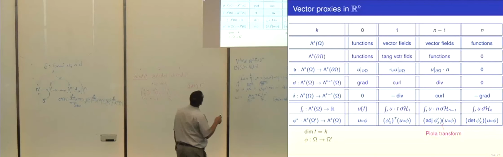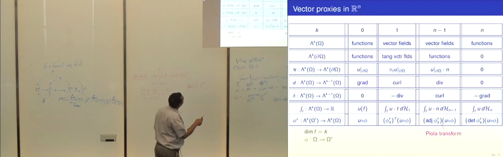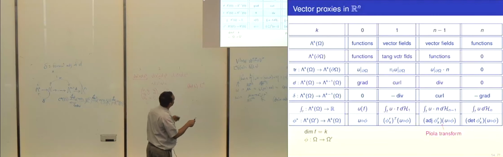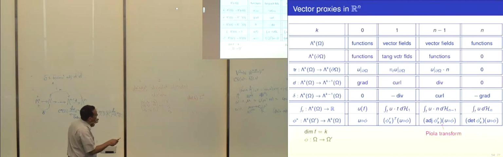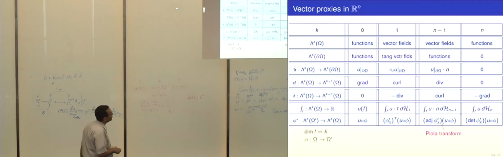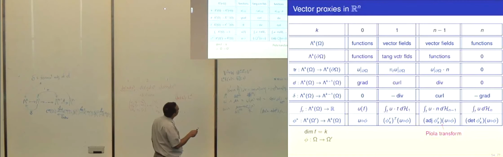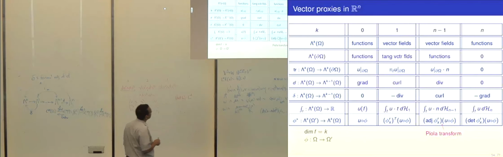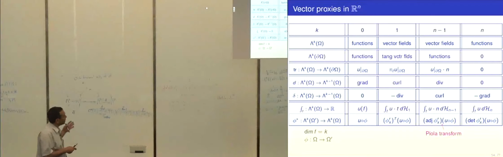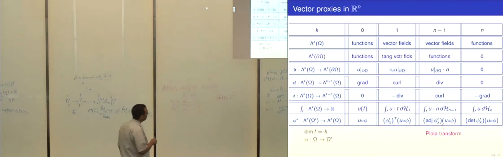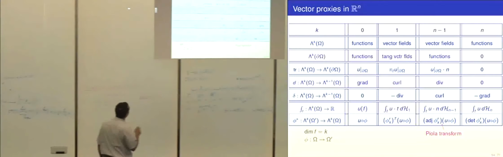The trace operator takes a function to its restriction on the boundary, which is a function. It takes a vector field, and it has to give us a tangential vector field. It's the tangential projection, the orthogonal projection in the tangent direction, onto the tangent plane to the boundary. An n minus 1 form is another vector field, but now the trace operator has to give us a function. It's just the normal component, u dot n. So the traces capture those operators all in one definition of the trace.